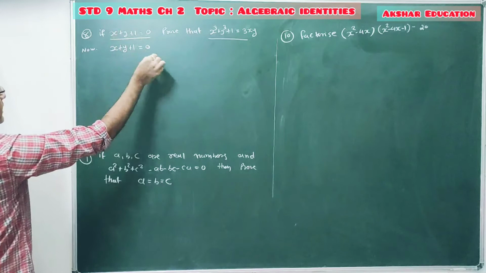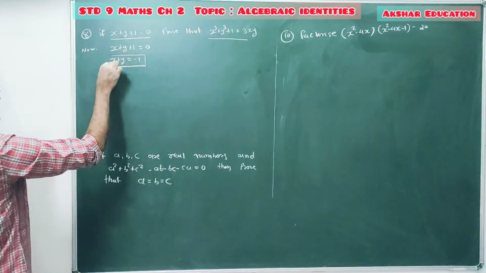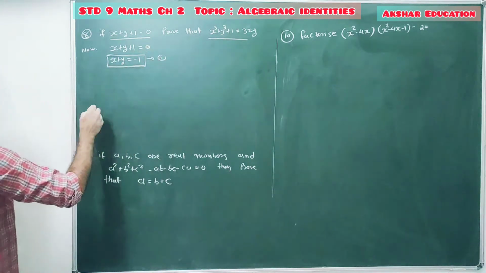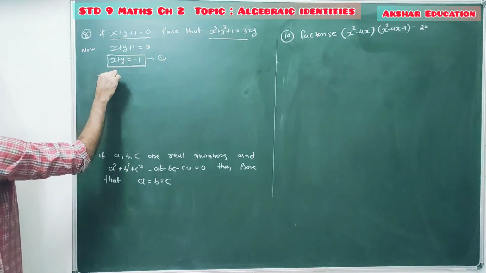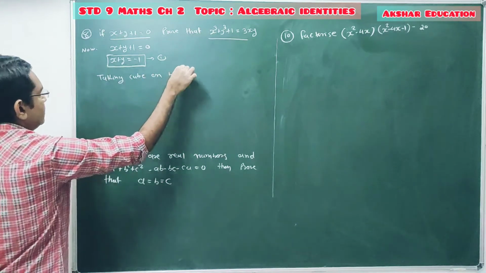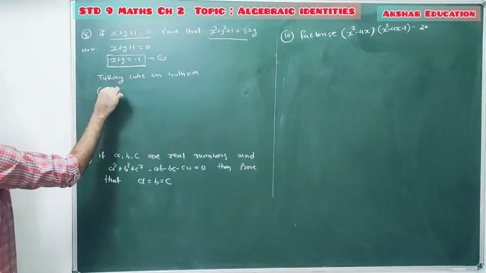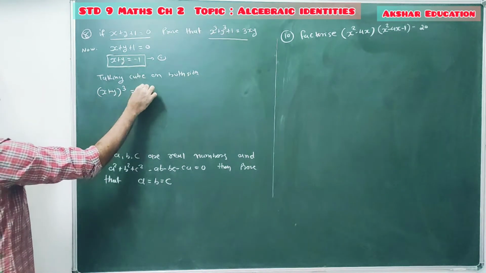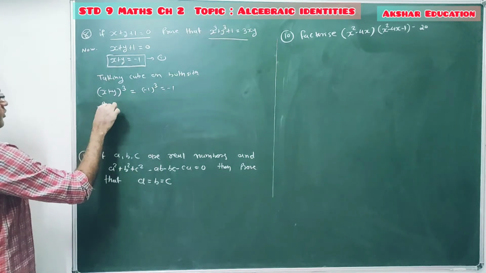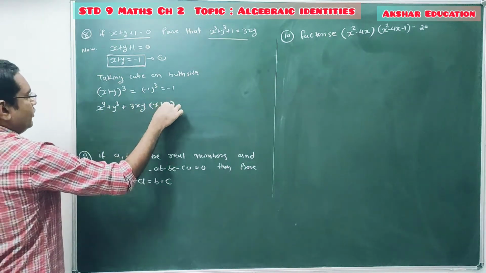Taking this plus 1 on the right hand side, we are having x plus y equal to minus 1. Say this one is result 1. Now we require cube power, so taking cube on both sides. Therefore, (x plus y) whole cube equal to minus 1 cube, minus 1, so x cube plus y cube plus 3xy into (x plus y)